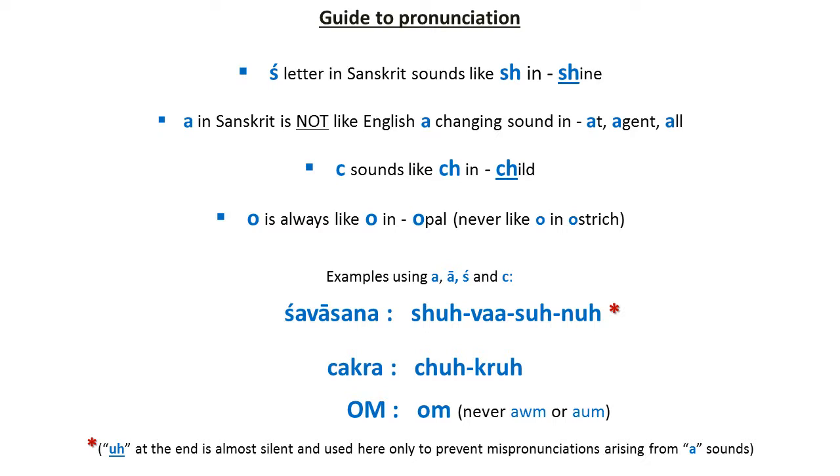Guide to pronunciations. Letter S with a slanted line on top sounds like sh, as in shine. Letter A for Sanskrit is not like English A's changing sound, as in at, agent, all. For Sanskrit, letter A sounds like a sound. Letter C sounds like ch for Sanskrit, child. Letter O is always O, as in opal, never like an O in ostrich. The sound is O. Examples using these letters are